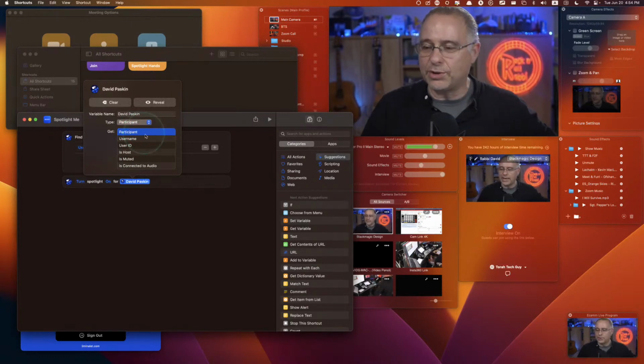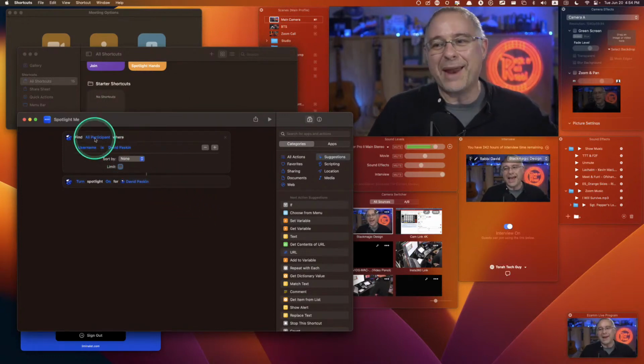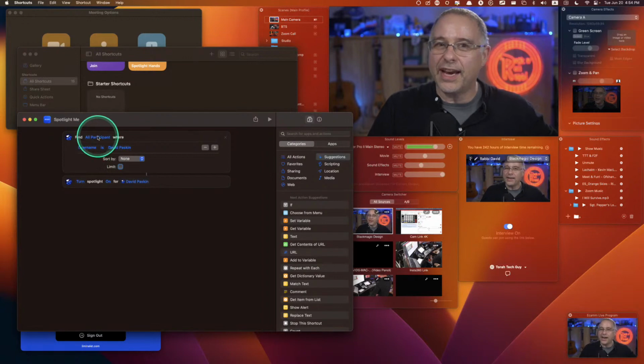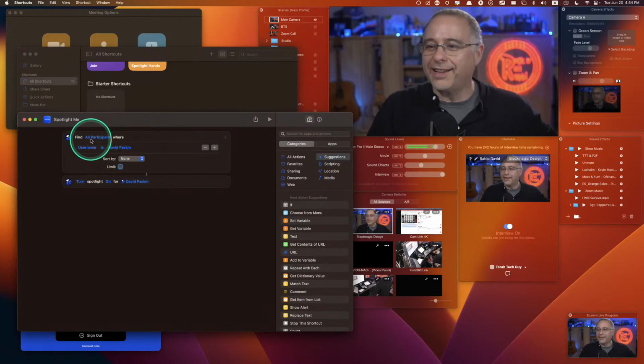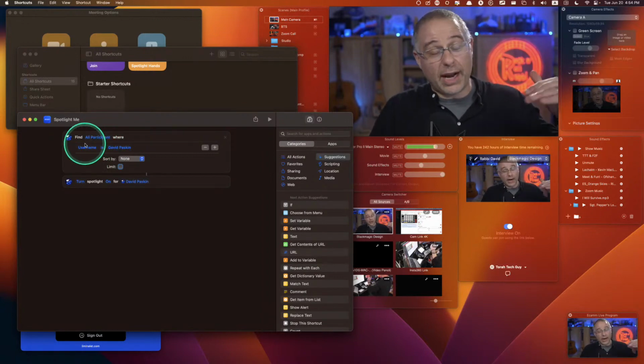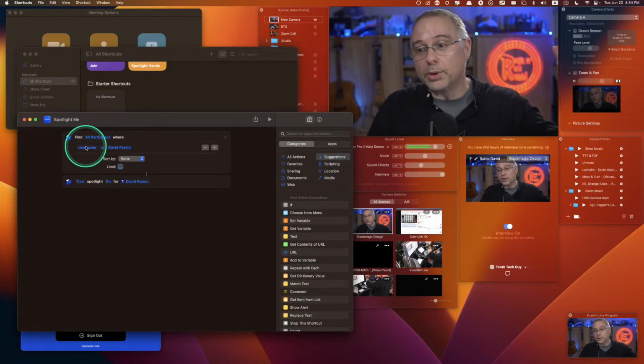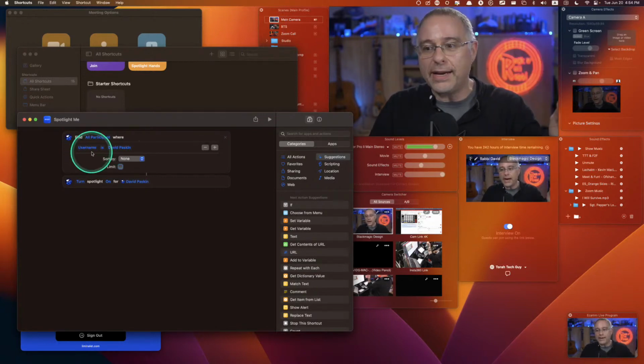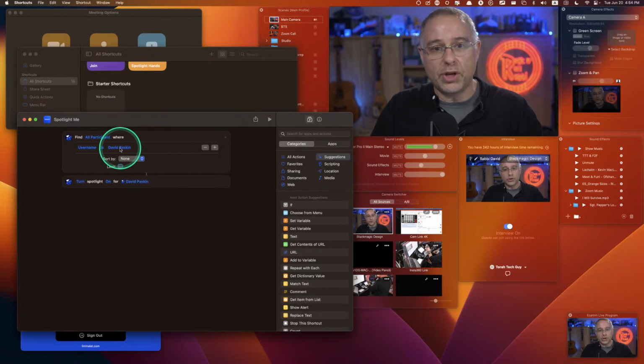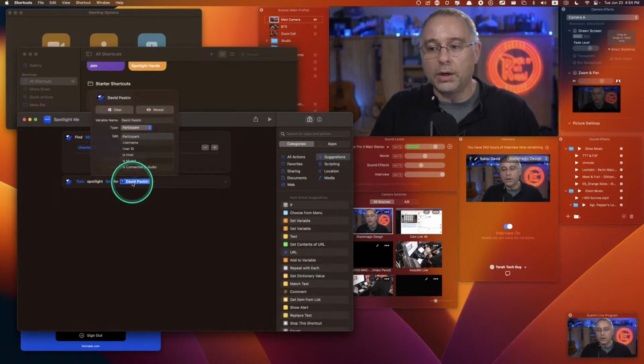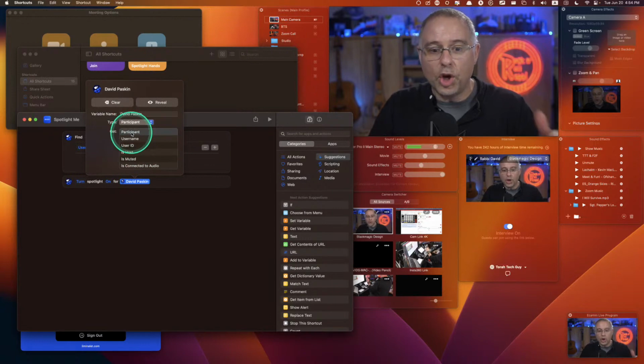For participant, that's what I did wrong. For participant, and because, see here again, right? You've got to build this out, and you've got to click on everything. So what I essentially did here is I built a little program. I said, first find this participant where the username is David Paskin, then turn on the spotlight for the participant who is